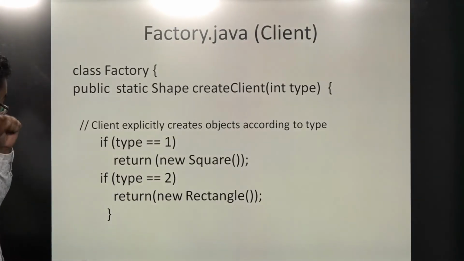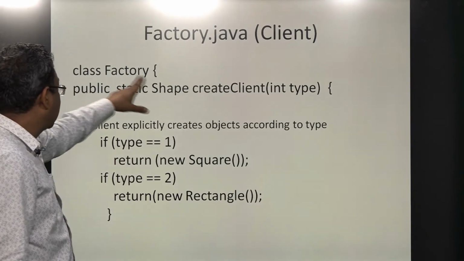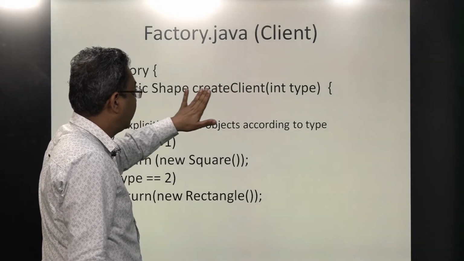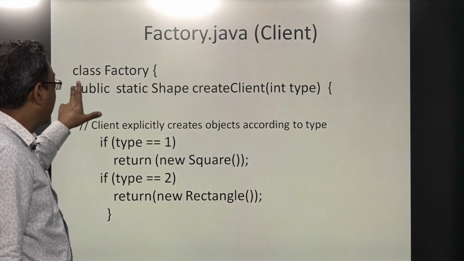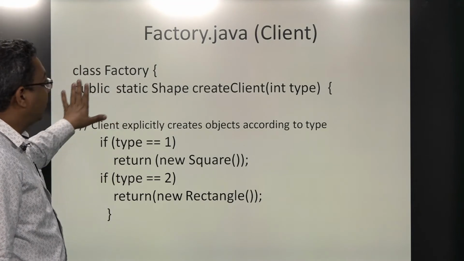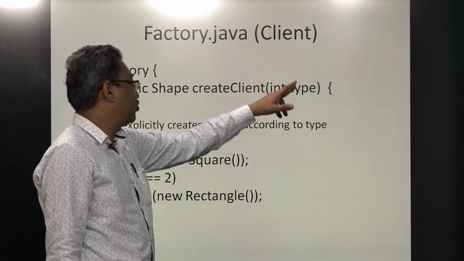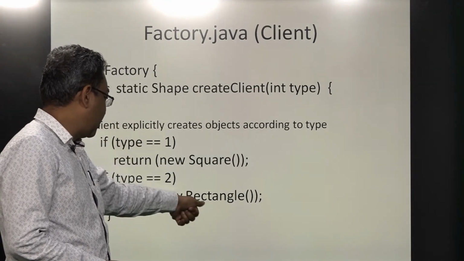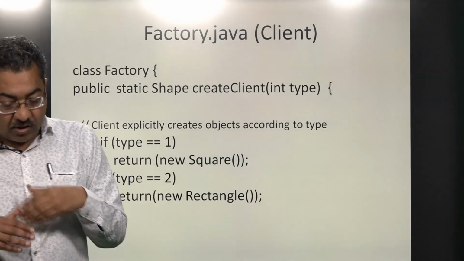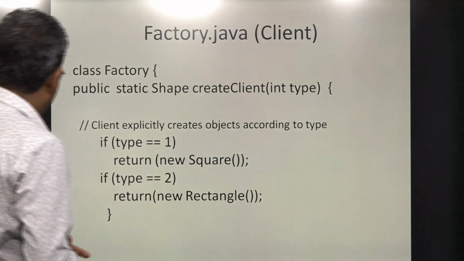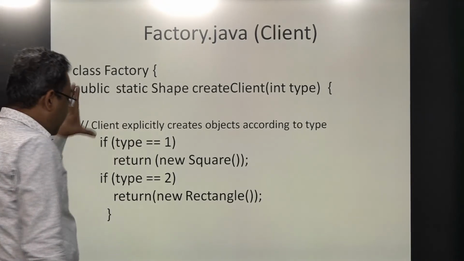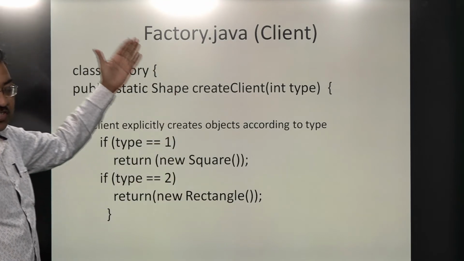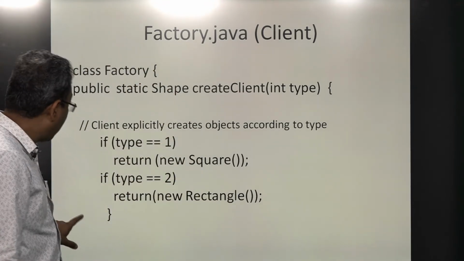राइट। अब इसको करने के लिए हमें क्या करना पड़ेगा, हमने एक क्लास फैक्ट्री बनाई जिसके अंदर एक क्रिएट क्लाइंट नाम का फंक्शन बनाया जो एक शेप रिटर्न करता है, ऑफ कोर्स जिसका टाइप स्टैटिक है, जो पब्लिक है, सो दैट एवरीबॉडी कैन यूज इट, जो एक पैरामीटर लेता है टाइप, टाइप के ऊपर बेस्ड ये स्क्वायर, रेक्टेंगल क्लास के ऑब्जेक्ट बनाता है और उनको रिटर्न करता है। तो अगर मैं ये करता हूं तो मैंने एक क्लास फैक्ट्री बनाई है जिसके अंदर कंस्ट्रक्टर के बारे में सारी इंफॉर्मेशन है, ठीक है। तो जहां पे मेन होगा,